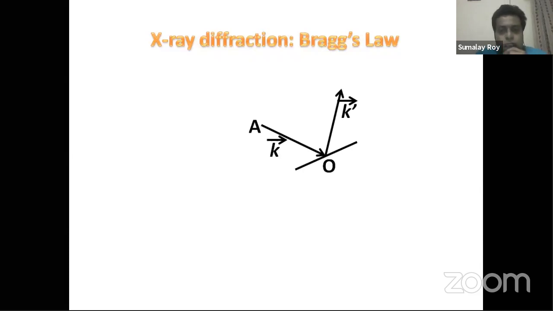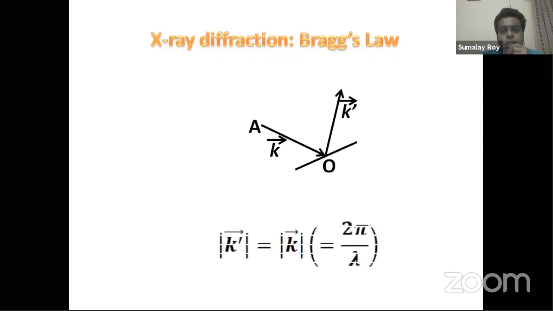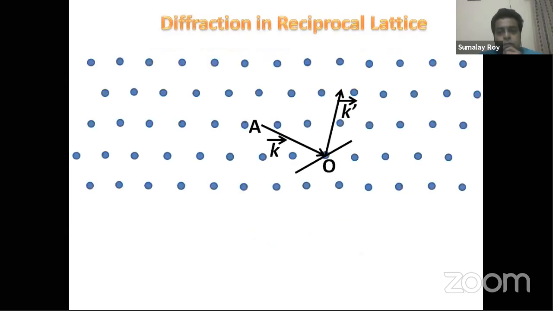Okay, so now we have the two vectors k and k prime, and you see I have designated these vectors at AO. O is some point where the X-ray is striking, and as I said, k prime will be the same, 2 pi by lambda. Now around the point O, I define the reciprocal lattice. Because this is a plane, and this is actually a set of planes, and corresponding to the set of planes, there will be a point in the reciprocal lattice. So that point I have taken as my origin, and similarly, all other reciprocal lattice points will be there.